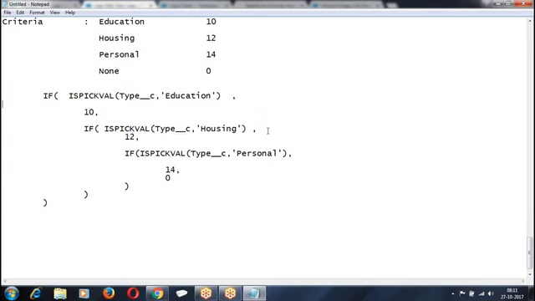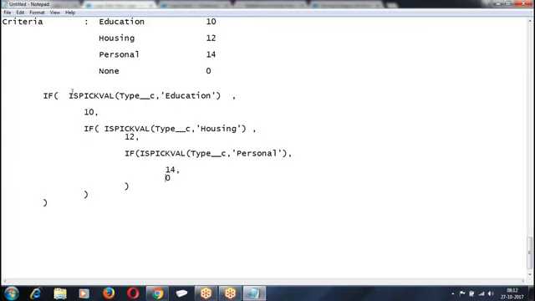If type equals education, 10. If type equals housing, 12. If type equals personal, 14. Now, if this is education, 10%. Not education, check whether it's housing. Housing 12. Not housing, check whether it's personal 14. If it is not personal, are you getting my point here?